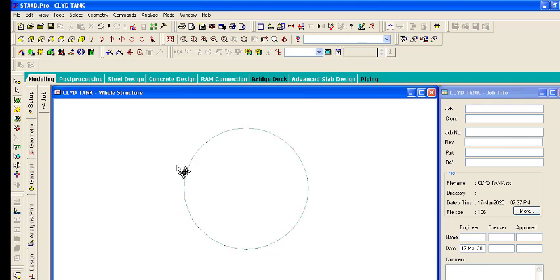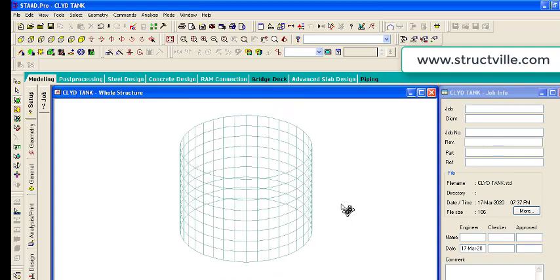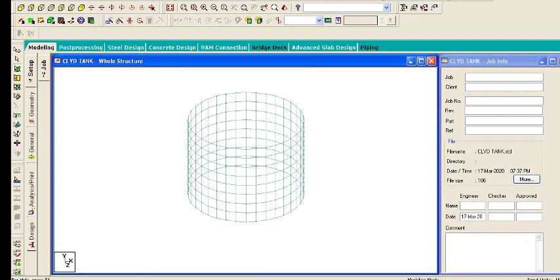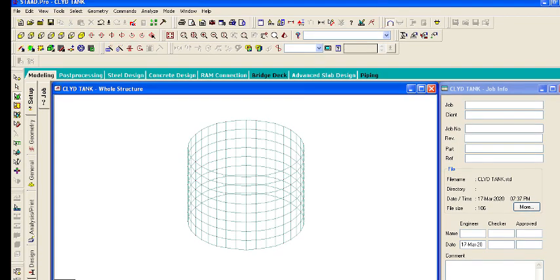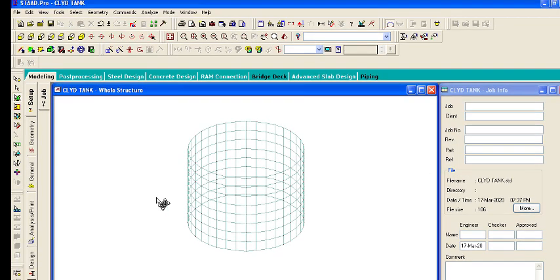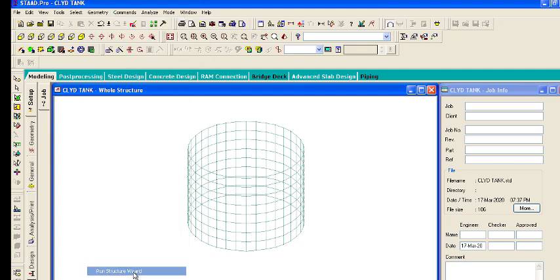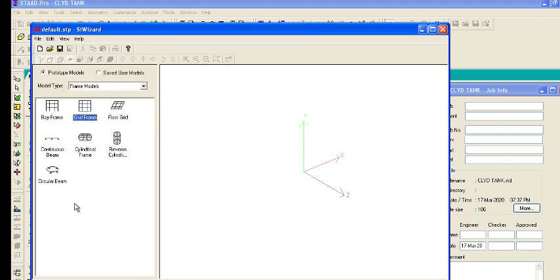Having done that, we need to quickly get the support beams and the columns, since the tank is an elevated one. So we'll go to command, go to geometry, we run another structure wizard, and this time around we go to frame models,